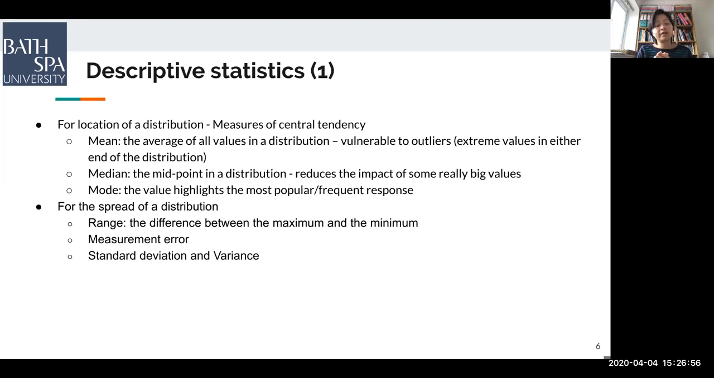And then for the spread of a distribution, it's important to look at the range. So what is the lowest mark? What is the highest mark? Lowest mark could be 20, highest mark could be 85 or 86 or 87. So that's the range. And then there are another 3 different key concepts here, which are measurement error, standard deviation, and variance. These are concepts that can help us to understand the spread of a distribution,